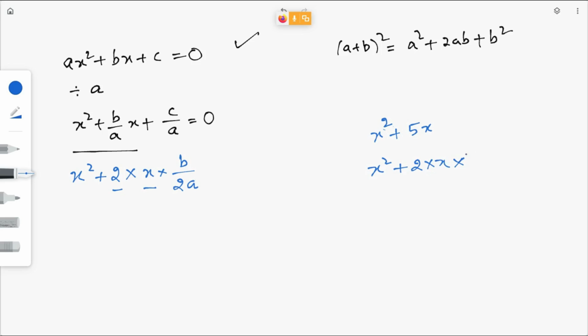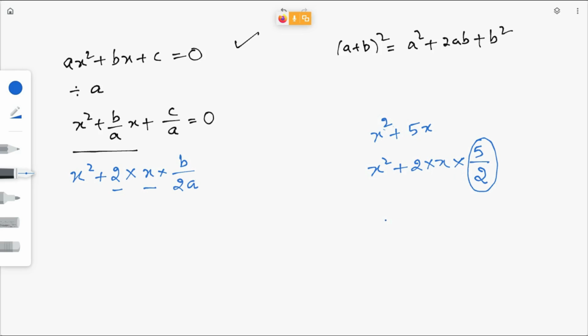What is the next step? How will you get this 5x here? This 5 divided by this 2. Now you can cancel out these two, then you will get 5x. So this is your b. Yes or no? Just the splitting of the second term. How can you split this one in the form of 2ab? How to divide the second term in the form of 2ab?